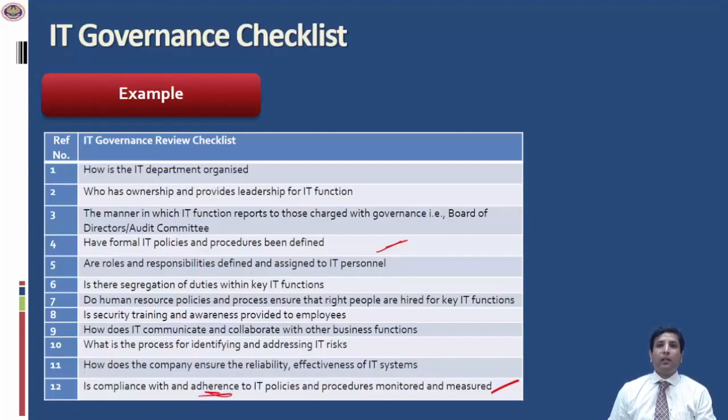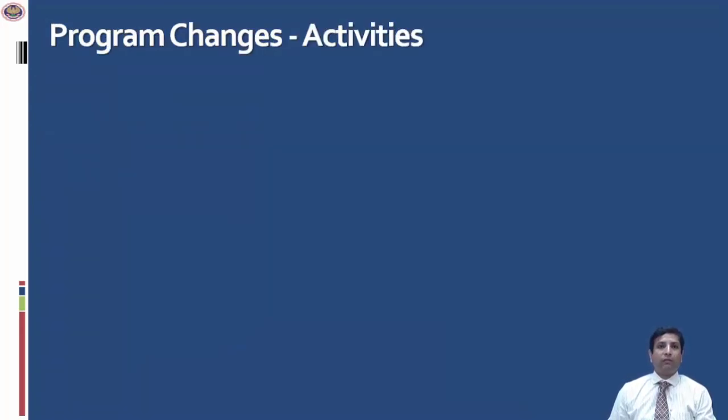Now let us see each individual domain of GITCs. We will start by looking at the activities within program changes. Program changes is basically the changes that are made to an ERP system. So from time to time, it is required that certain changes have to be put into the system because there is an error in the program. There could be a new requirement which has come up, a new report has been developed.